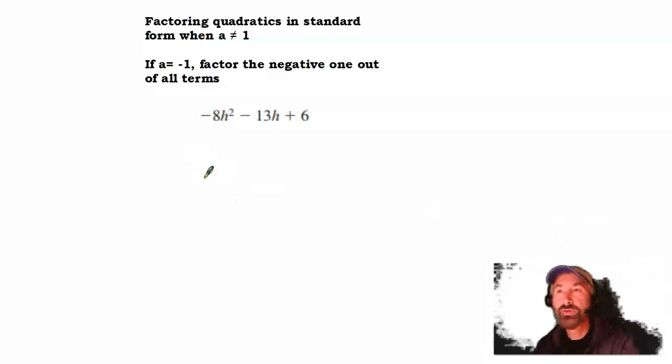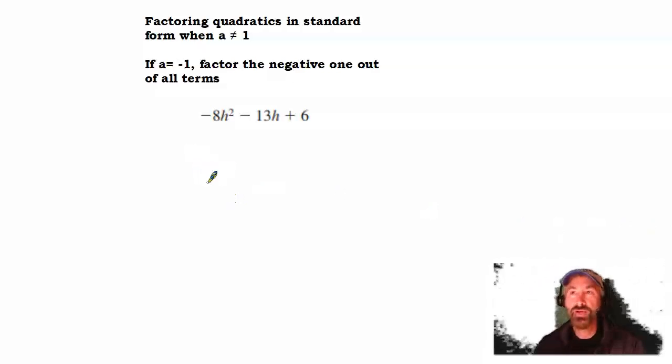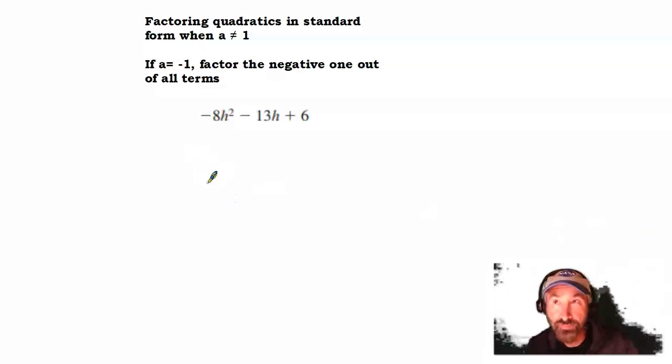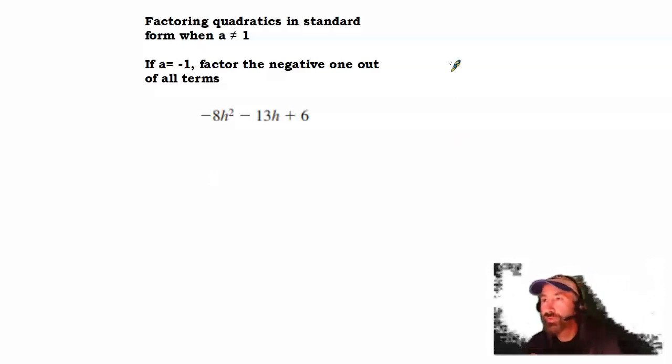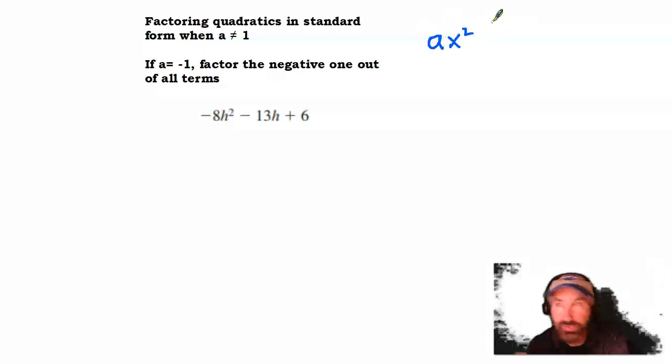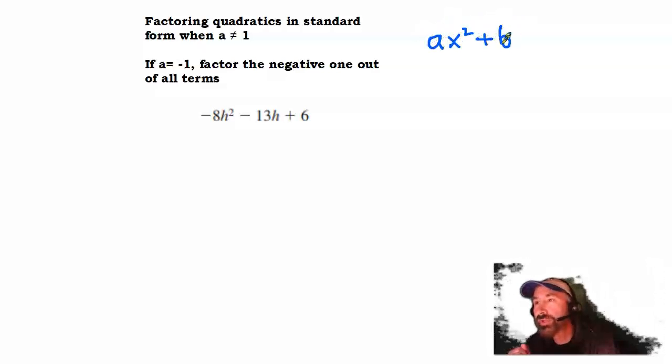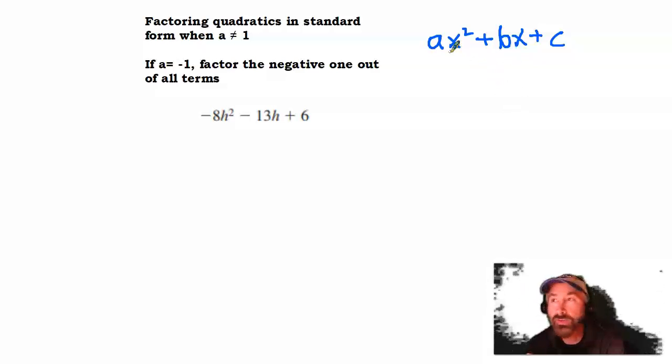So in this video, we're going to take a look at factoring a quadratic when it's in standard form and a does not equal 1. And in this case, a equals -1. Again, I'll remind you, quadratics in standard form look like ax squared plus bx plus c. And when this a value is -1,